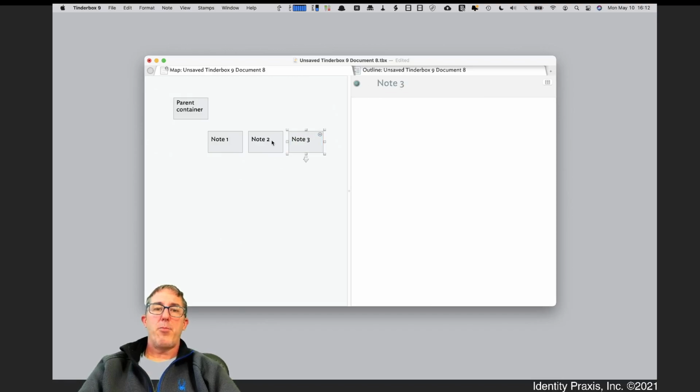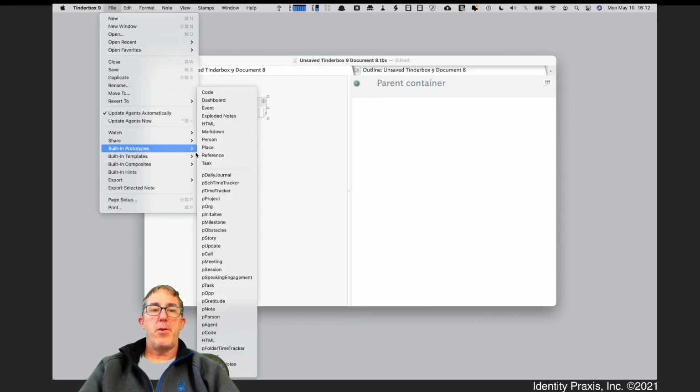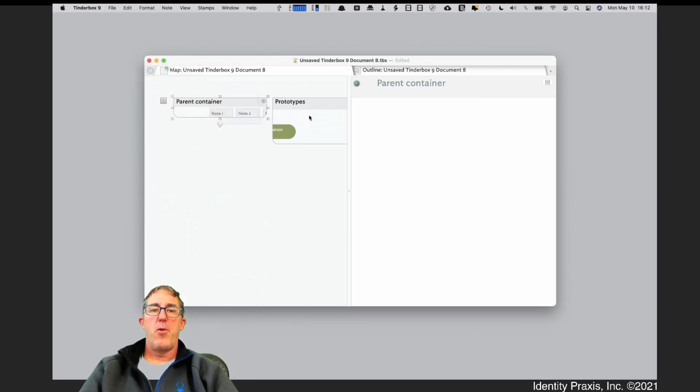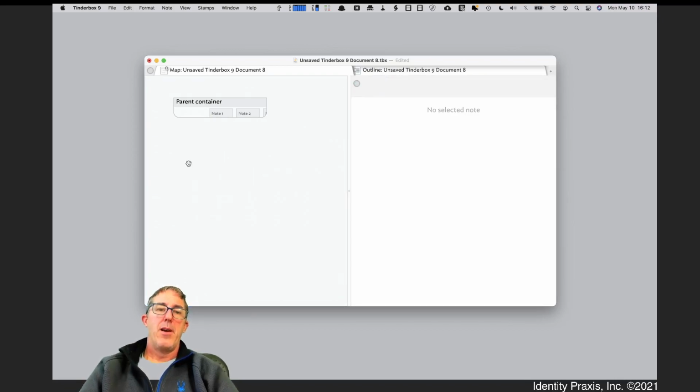Now, I like to use prototypes when managing display expressions like this. There are a few ways you can create prototypes. If you want, you can initially create a built-in prototype, which will give you the prototypes folder, and then you'll be able to create prototypes in this note. I'm going to show you how to do that manually though too, because it's kind of fun. So if I go in here and create this note called prototypes,